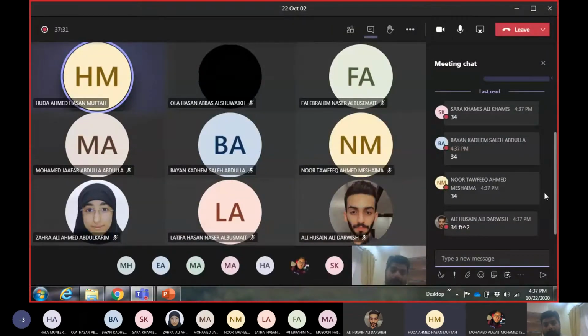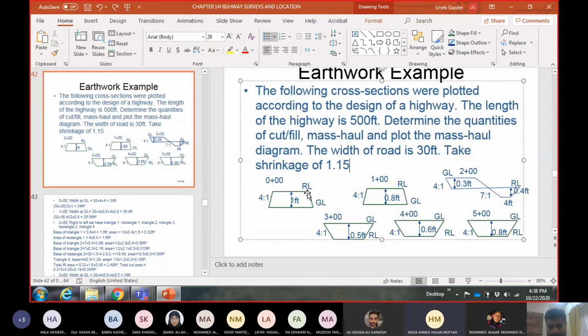Like, from where did you go to 0.5, the half? Area of right angle triangle, half base into height, right? This is right angle triangle, right? This one is right angle triangle on the side. Okay. So I have a plain line here, straight line. So this is a rectangle, and the remaining is a right angle triangle on this side, right angle on the other side. Let me put a line here so it may become more clear for you.